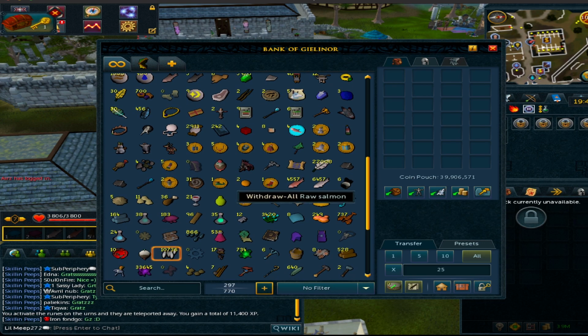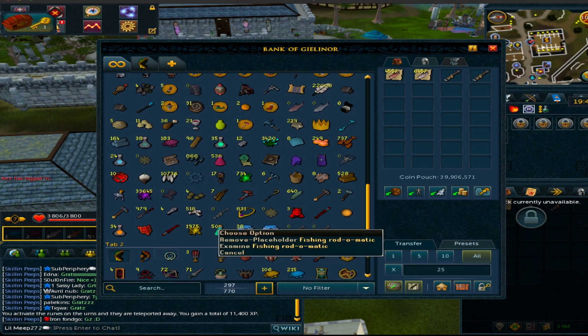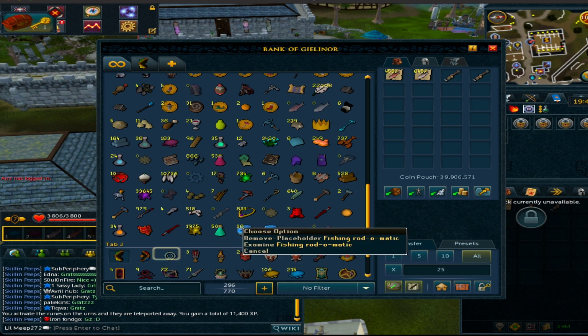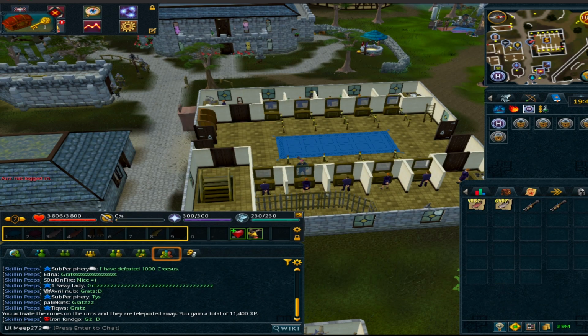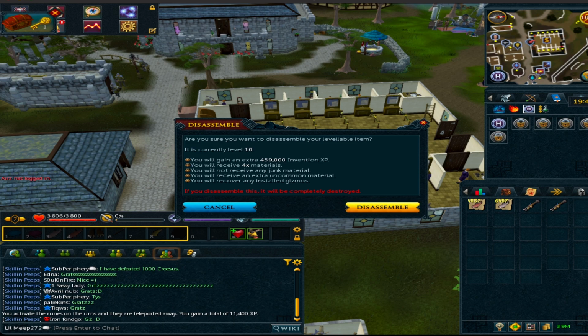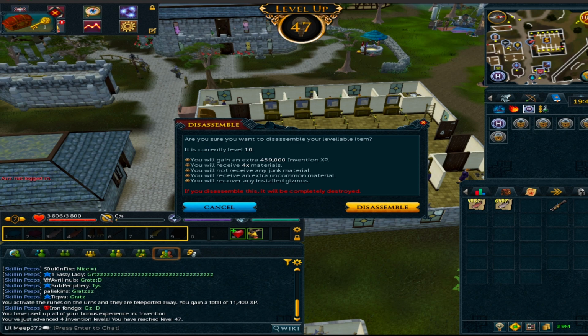And when I say I've been here for quite a while, I have been here for quite a while. That's 10k fish between the two, and I think it's time to disassemble some Fishermatics, because I just want to see how we're doing in terms of level and how far off we are. So there goes number 1, 460k XP, just like the Hammertron, and that will get us to level 47. And then for the second one, that is going to get us to